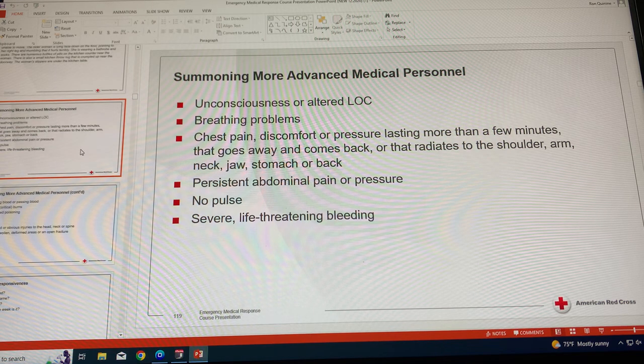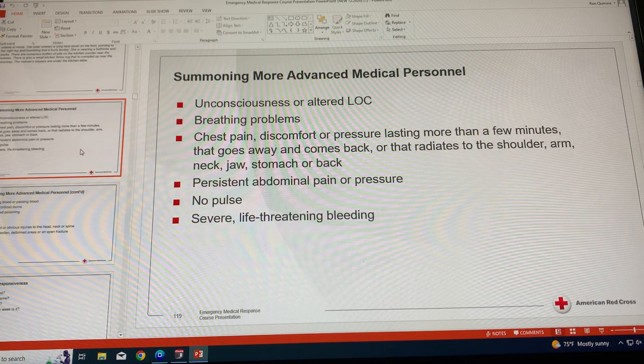Okay, our next slide here is dealing with summoning more advanced medical personnel. At times, you may be unsure if more advanced medical personnel are needed. For example, the patient may ask you not to call an ambulance or transport vehicle to avoid embarrassment about creating a scene. Your training as an EMR will help you make a decision. As a general rule, summon